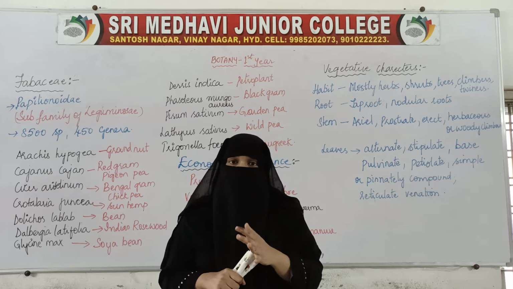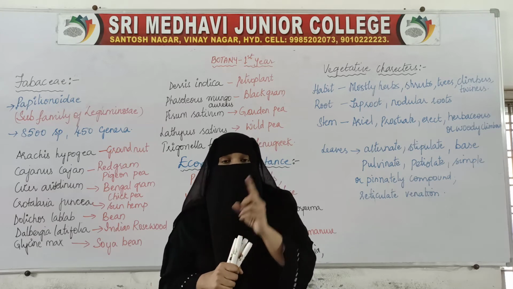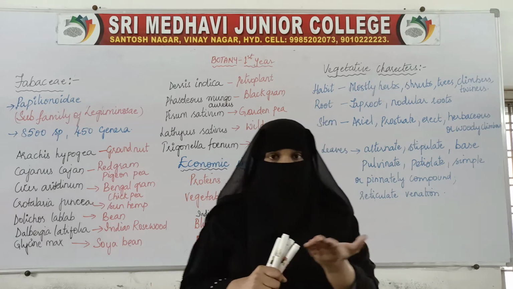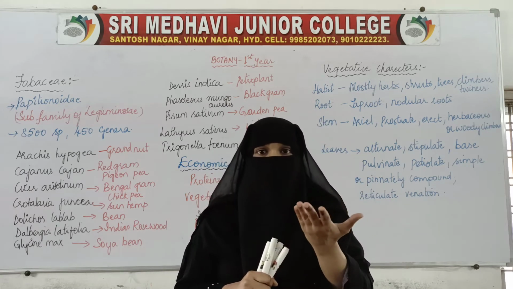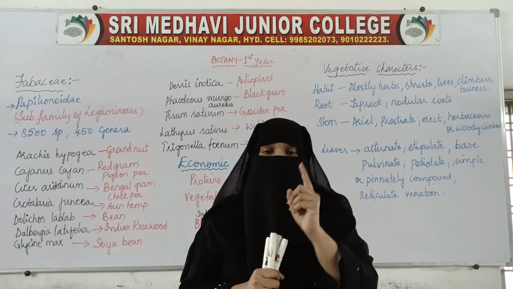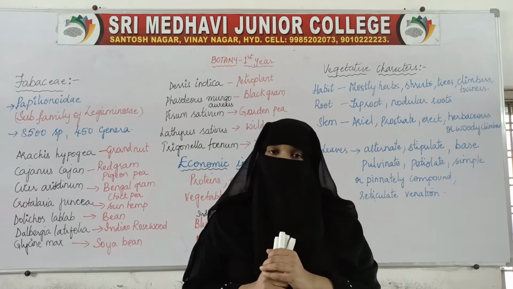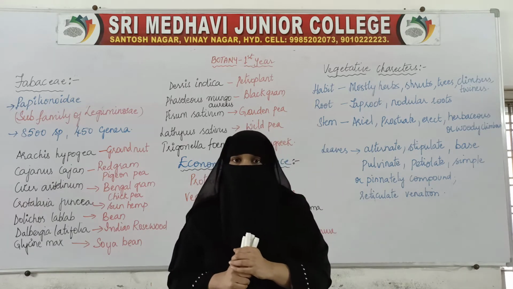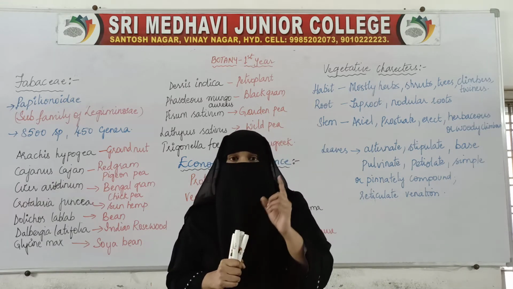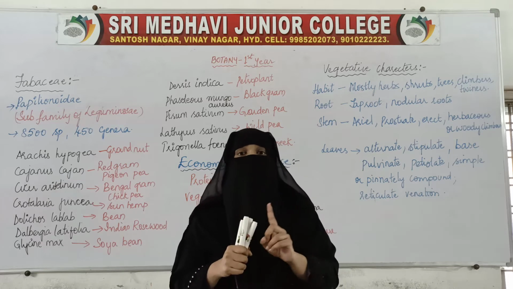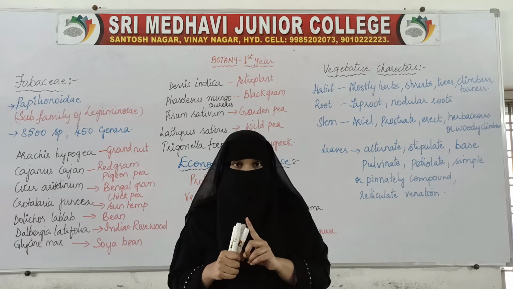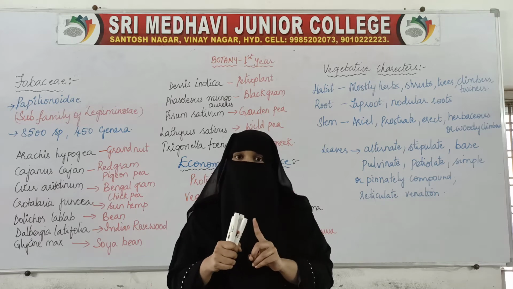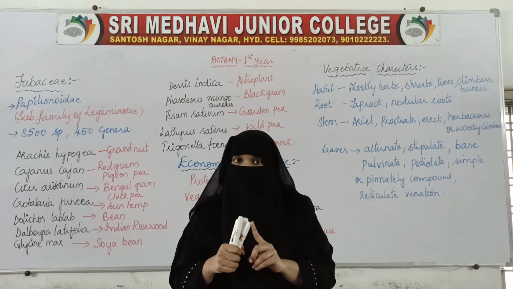From this lesson, we'll be getting a short answer. One short answer is a must. Between these three families, you'll be getting one short answer and one very short answer. Long answers we won't be getting from this lesson, but we will be getting one definite short answer and one definite very short answer. One definite 2 marks answer and one definite 4 marks answer.